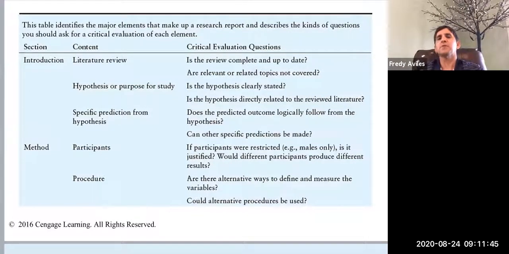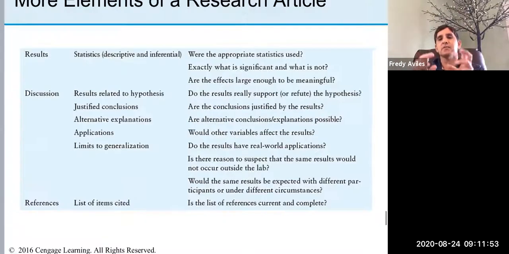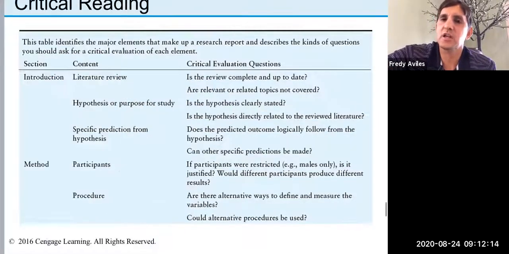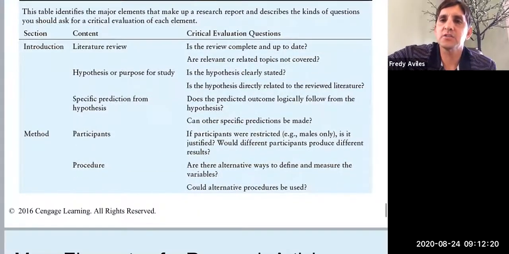And some of those ideas can come from reading introductory sections of the research article, which is why we're mentioning this. There's the results section where they describe what they found, and they mention statistics. And then there's a discussion section where you can find more ideas about doing research, right? Where we mentioned specific ideas, future research, limitations of the study. Those can all be addressed, okay? And then references are just the references. So these are some of the sections of a research article, not all the sections actually. We don't have the title page here and the abstract, but these are the components of a research article,